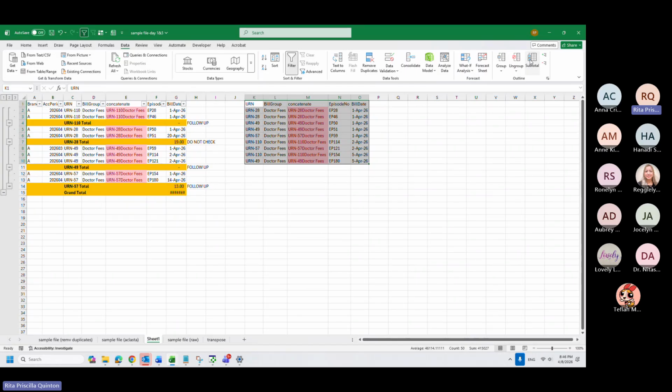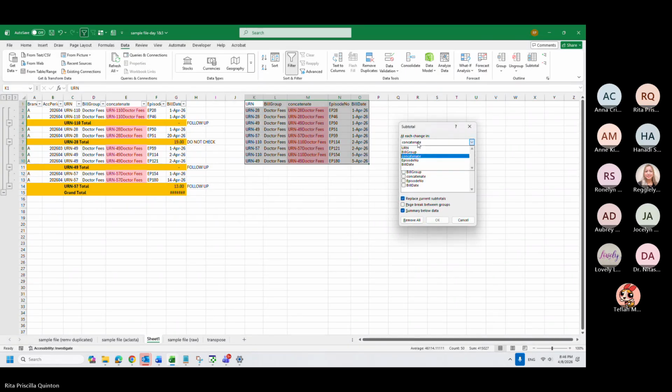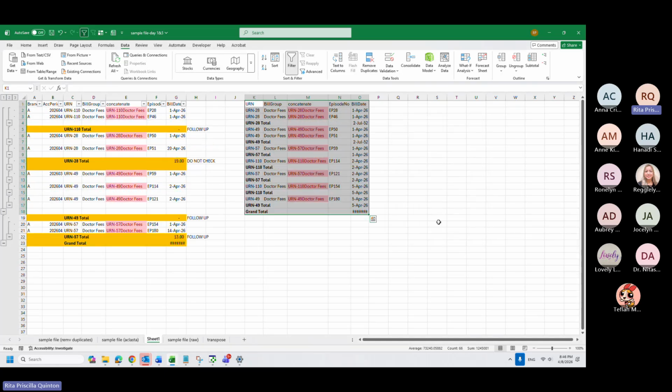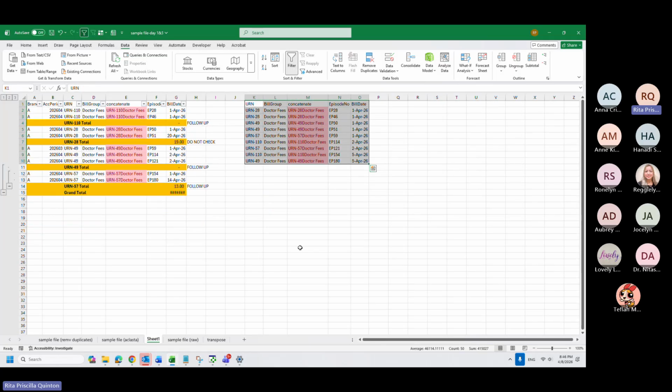If you do the subtotal directly here without cleaning your data, it will be a disaster. Use function on bill date sum. Because it will give you here 28, 49, and then 49 again. So that's why cleaning your data, which we tackled on the first day, is very important.